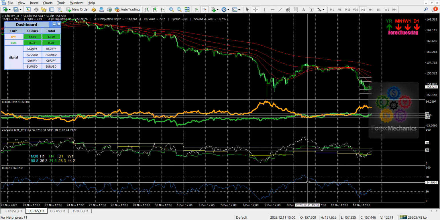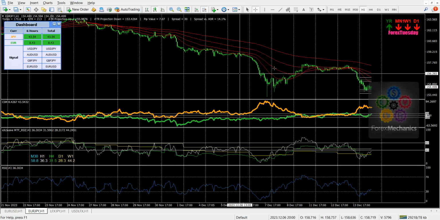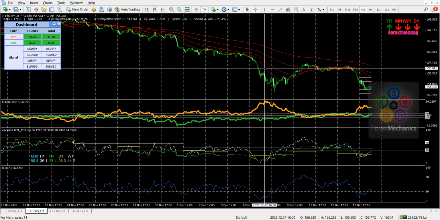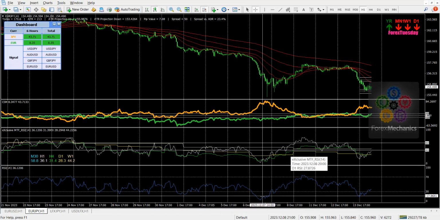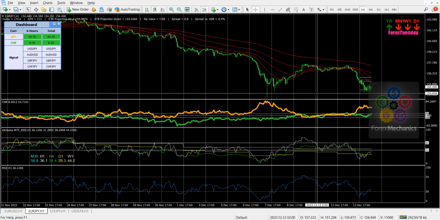So in a downtrend, probably I can look for short entries when RSI goes above 70. And on the flip side, when it is a strong uptrend, then every time price goes below 30, I could look for a buy entry. That is the way I would like to use RSI,